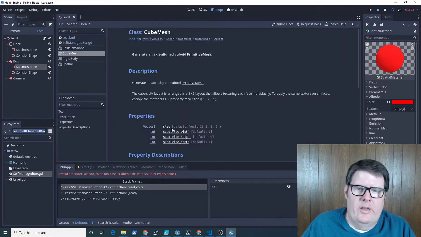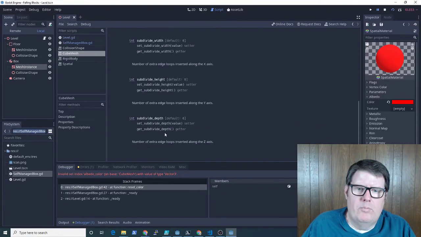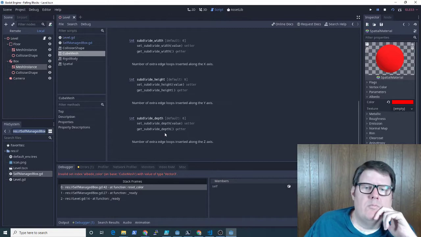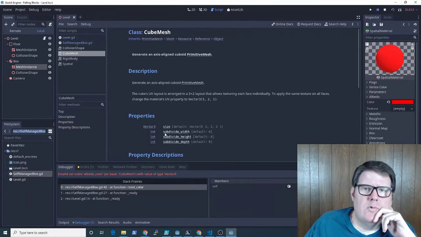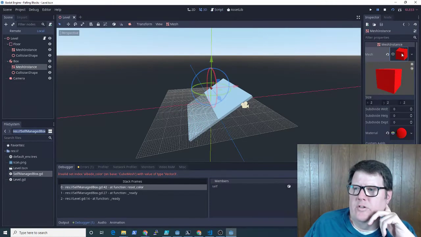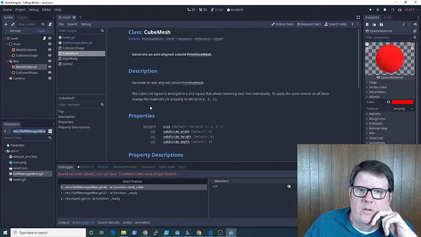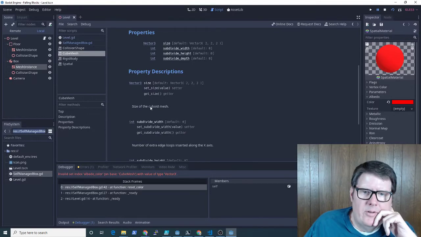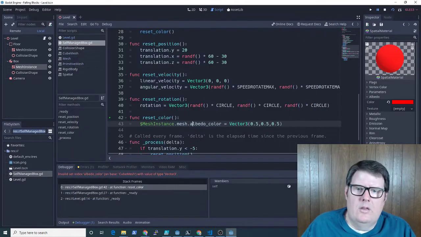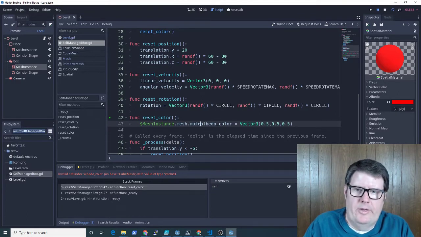So the cube mesh had a... all right, so there's mesh instance, there's cube mesh, then the material. So where's the material? All right, so I think material needs to go here because